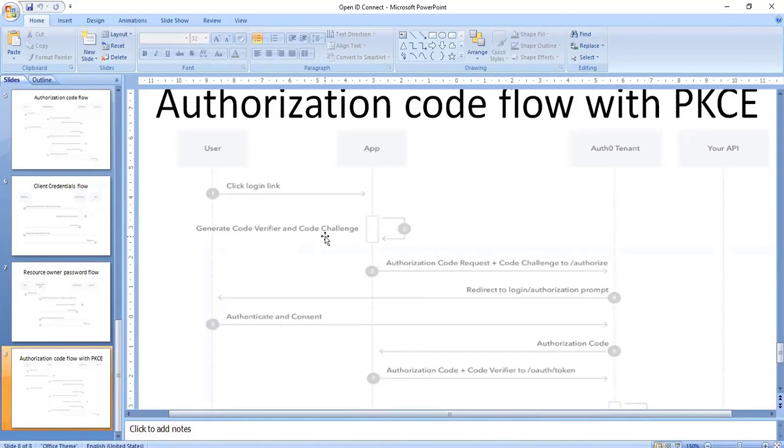So what is the difference between code verifier and code challenge? Code verifier is nothing but a process to verify the code which is being generated, and code challenge will be used for challenging that particular code that got generated. Verifier is a verification process happening at the beginning, but the challenge is happening at the Okta tenant. So that's the reason.